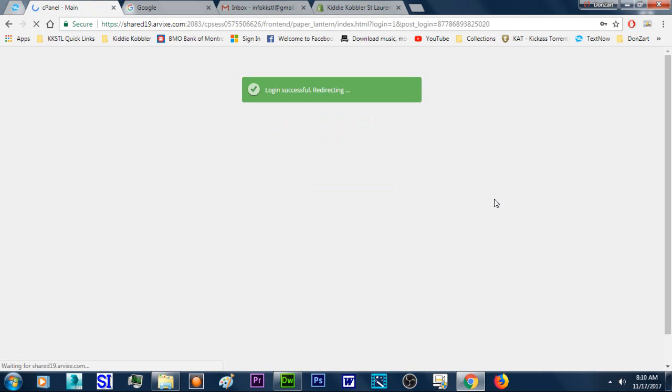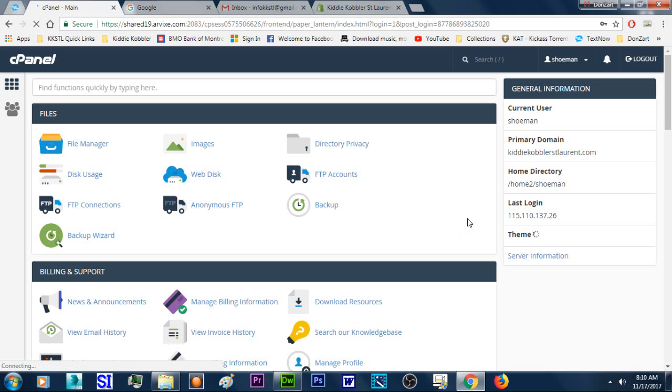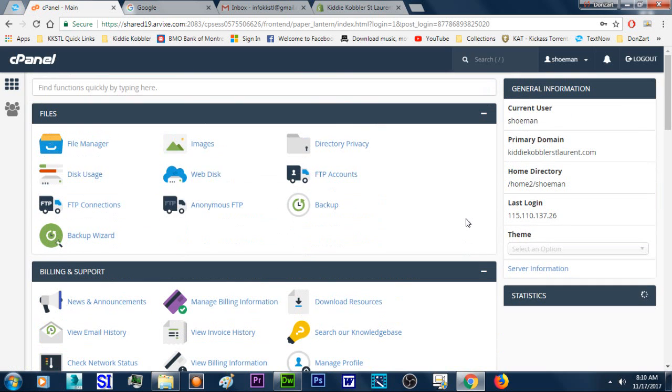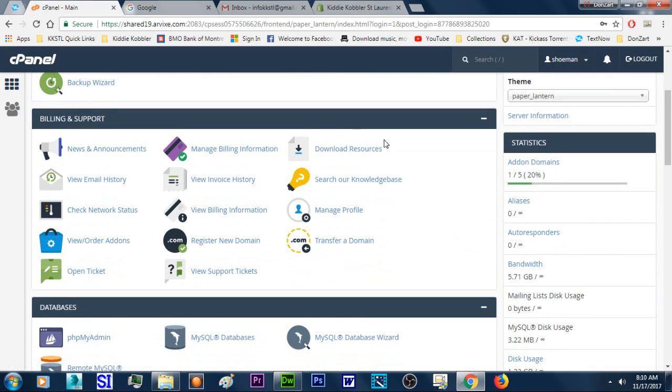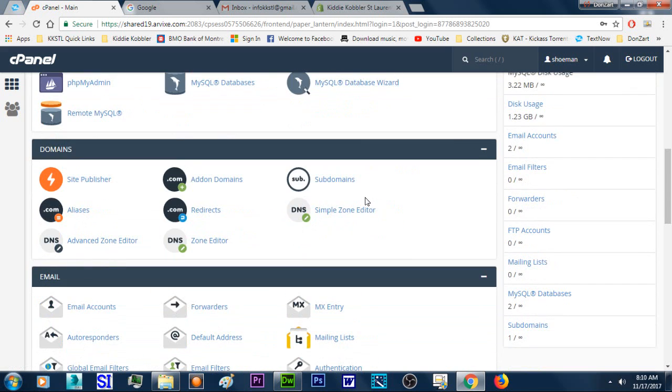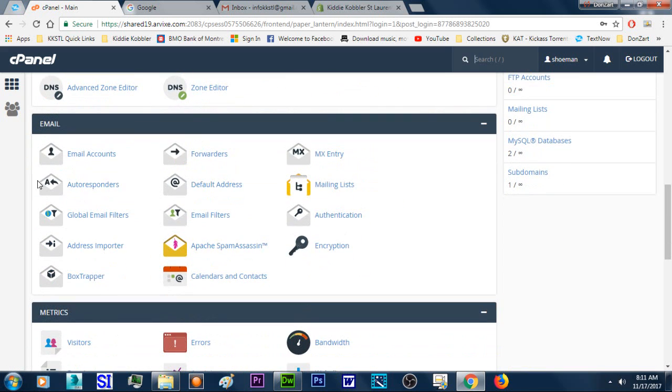And after you log in, all right, this is your file manager. We will be getting back to this page later, but down here is where you add email accounts. Don't do the forwarding, anything like that here, but this is where you add email accounts or remove email accounts. Okay, now the way we got it set up in the email is so that nobody would have to go in here, and we set up an info at